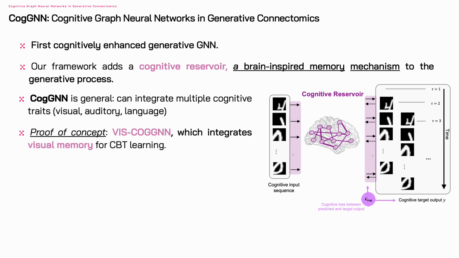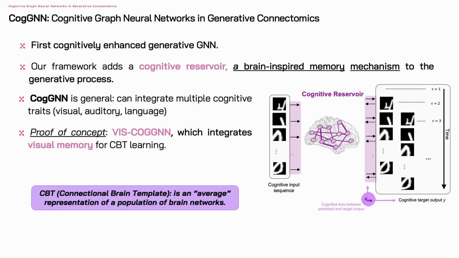In our work, our proof of concept is VIS-COGGNN, where we will integrate visual memory for CBT learning. CBT, or connectional brain template, is an average representation of a population of brain networks. So here, the cognitive input used is visual, and we will try to generate a cognitively enhanced population-level brain